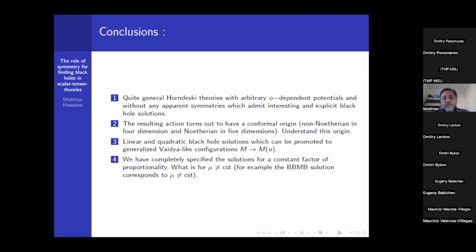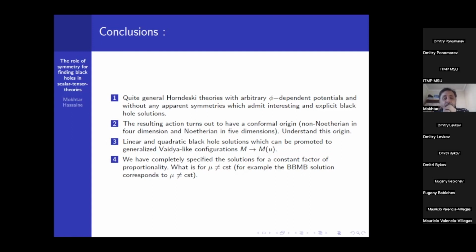What we have shown is that for quite general Horndeski theory with arbitrary phi-dependent potential and without any apparent symmetry, the model may admit interesting and explicit black hole solutions. But it was very surprising for us that the resulting action turns out to have a conformal origin, that it was non-Noetherian in 4 and Noetherian in 5 dimensions, even if we never required that. It was done by asking that the equation can be fully integrated. And it would be nice to understand the origin of